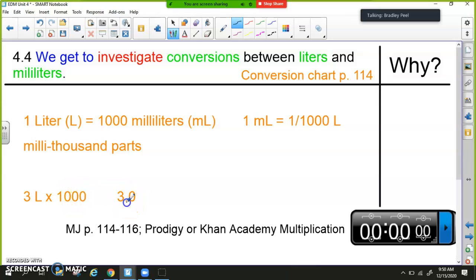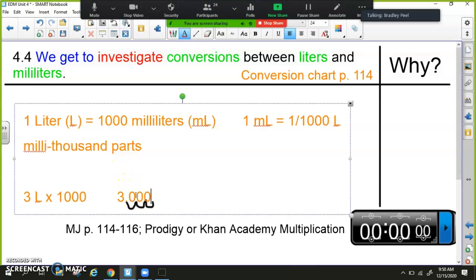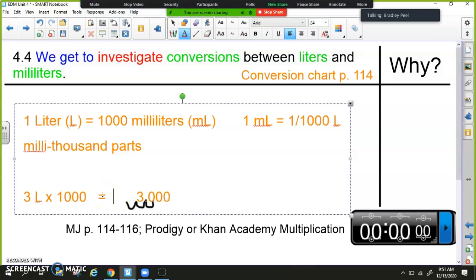But if you look at it this way, you would move 1, 2, 3 place values over. Okay, so what that would look like is that 0 and 0, right? So in this case, 3 liters times 1,000 equals 3,000